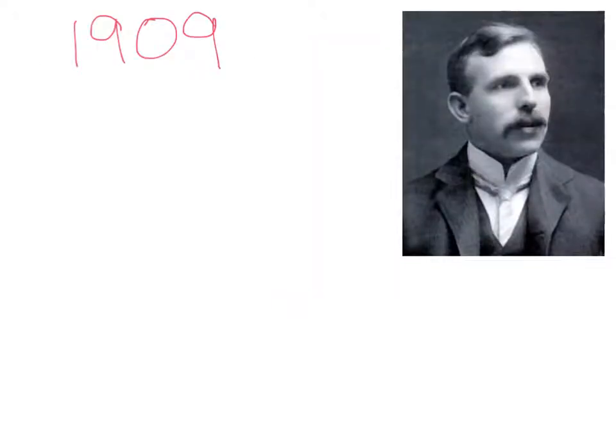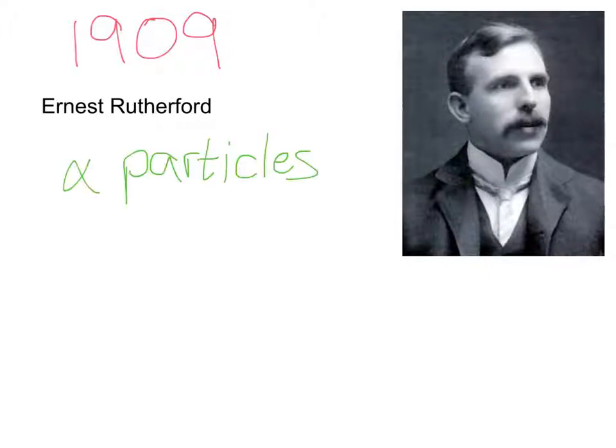In 1909, Rutherford began work that led to the downfall of the plum pudding model proposed by J.J. Thomson. Two of Rutherford's students, Hans Geiger and Ernest Marsden, carried out an experiment at the University of Manchester. They directed alpha particles towards a sheet of very thin gold foil and measured any deflection or change in direction of the particles. We now know that an alpha particle consists of 2 protons and 2 neutrons. It therefore has an overall positive charge.